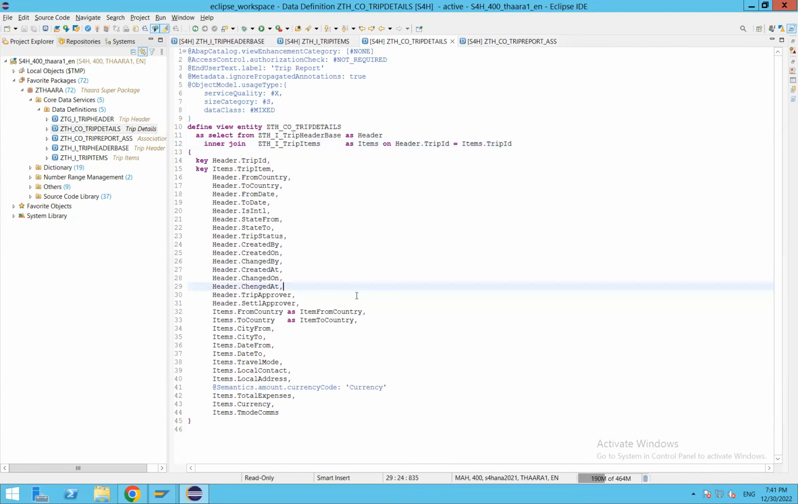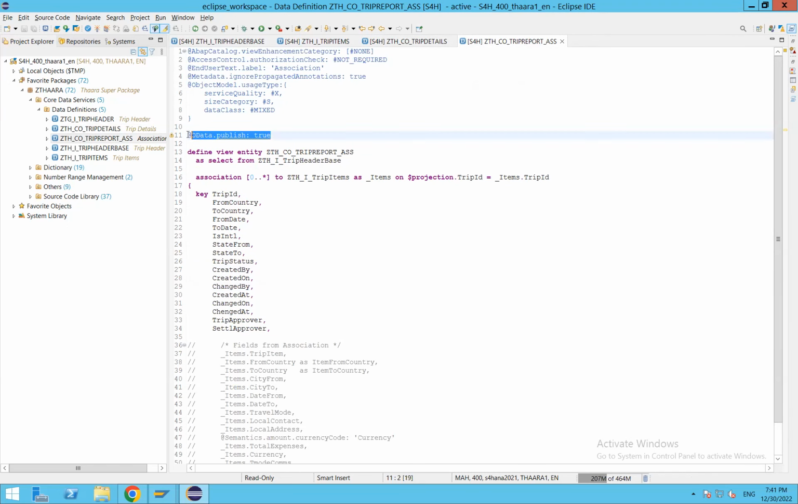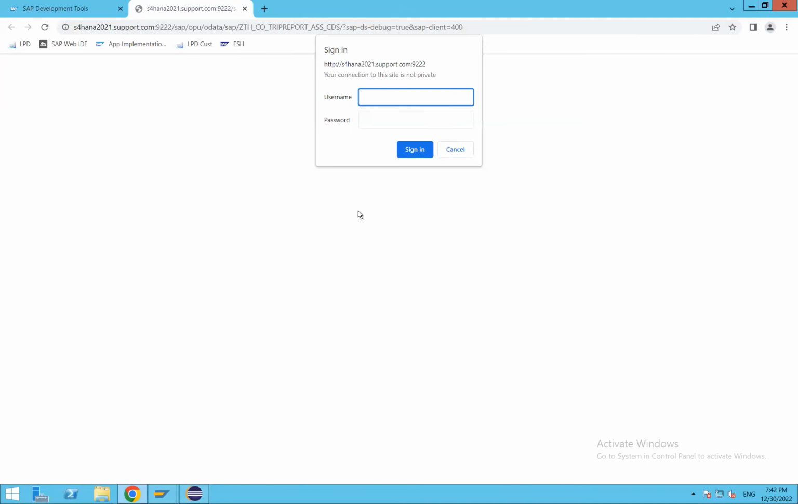Fine. Now we understand the difference between join and association, and we still see a warning here: this view has not been refreshed. Let me refresh this view, and we see a small icon here after refreshing. If you click on this icon, we will see whether the OData service has been published or not. Yes, it is published, and this is the OData service. If you click on this one, it takes you straight to the browser. If you enter your backend credentials,